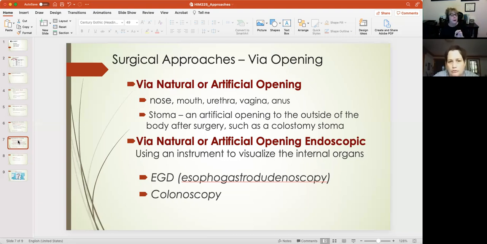The artificial opening that's referred to here is generally a stoma. Now, a stoma is an artificial opening from the inside of the body to the outside of the body. Most often you will see this after surgery, such as a colostomy stoma, which will happen if any part of the large intestine is removed, or if they're doing a repair and they need to give it a rest. And then that way the small intestine evacuates directly outside the body through the stoma, and until hopefully that's no